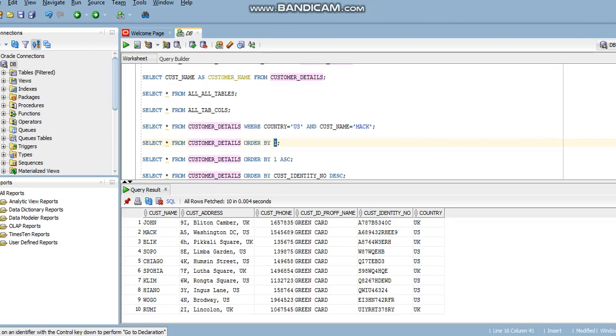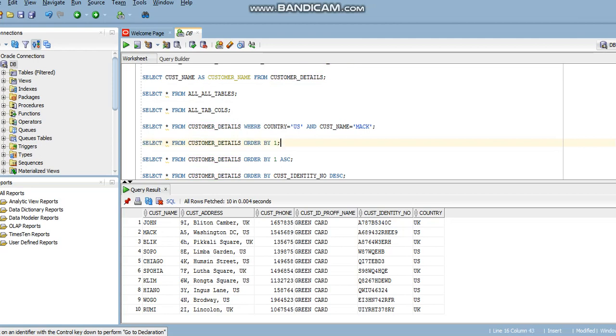So if we write 1, it indirectly represents the column name cast name, which is the first column in this table. If I write cast name instead of 1, it has the same meaning.